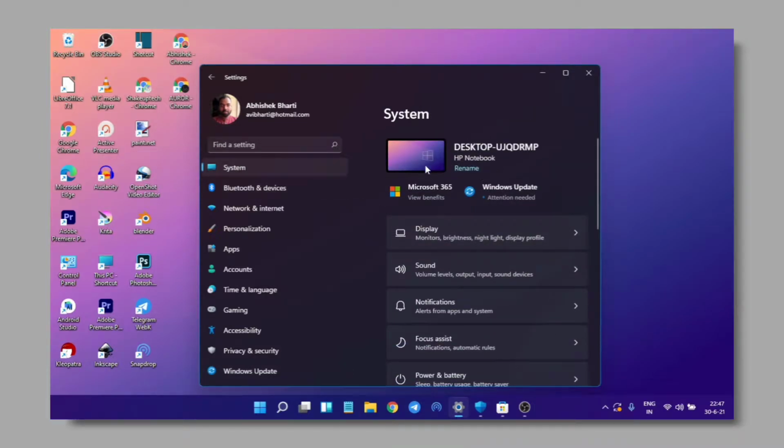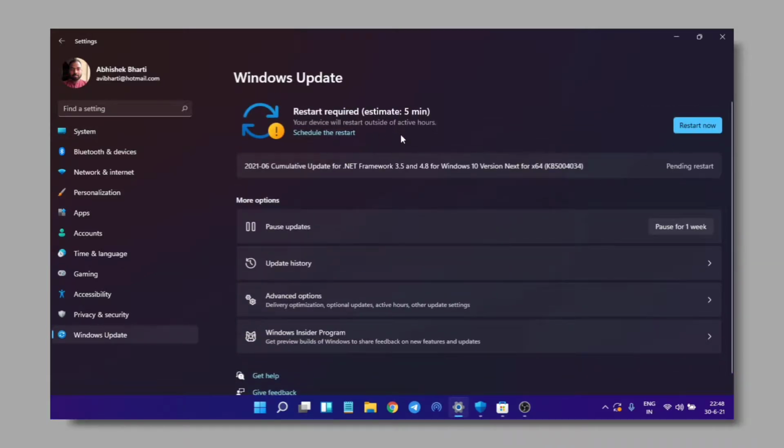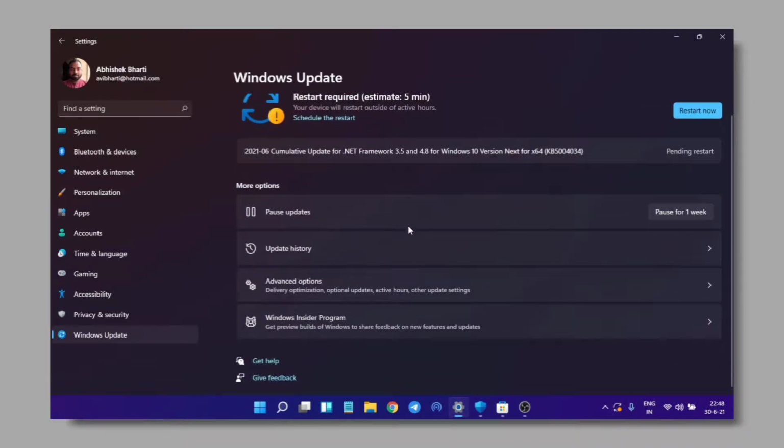Okay, you can see here, if I go to the system, this is the settings, by the way, and it has totally redesigned. In my opinion, it looks very good now. Right now you can see it shows your current wallpaper up here, also your name, and here's the Microsoft 365 and update. I have a .NET update, so I haven't updated that yet. If I click on it, it shows me, and I'm going to show you an interesting thing.